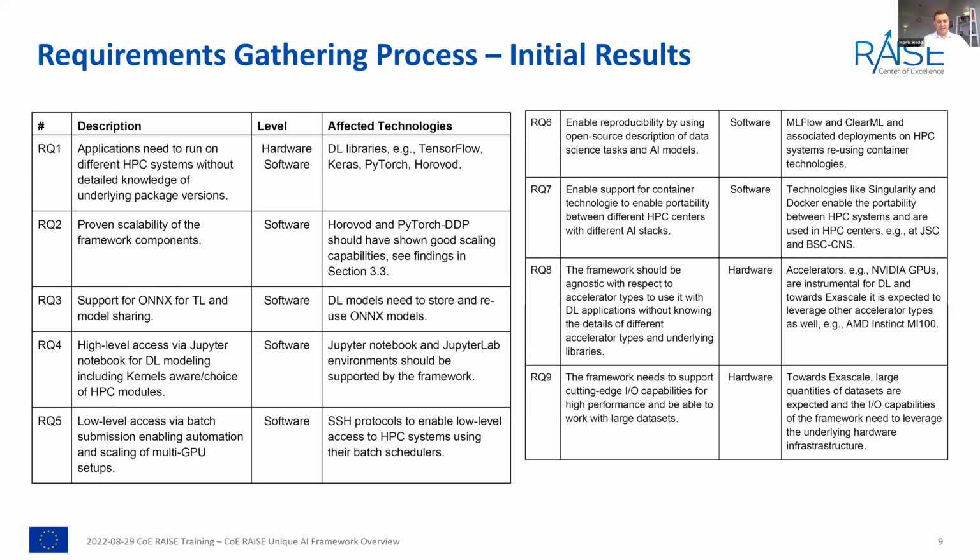Still not losing sight of low-level access of batch submission, but where we can maybe do some automation, where we think about something like a job script creator. If you just pick JUWELS and TensorFlow and Horovod, maybe from a checklist, you automatically get the modules that are required for this and that are proven to work on this particular combination of the system. Obviously, that means the rest of the script still needs to be tuned to your data and to your application itself. But still, you don't have the pain of analyzing the real module versions. Do they really work with this particular TensorFlow on this particular HPC system? So this is, of course, still something we want to support.